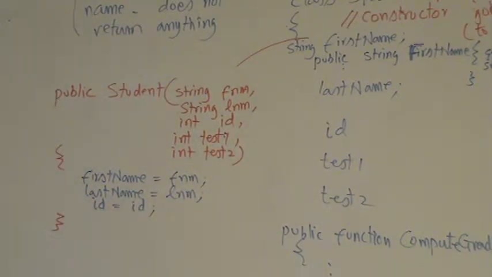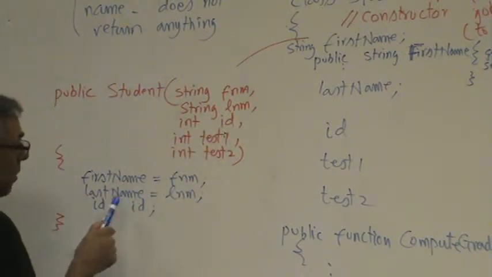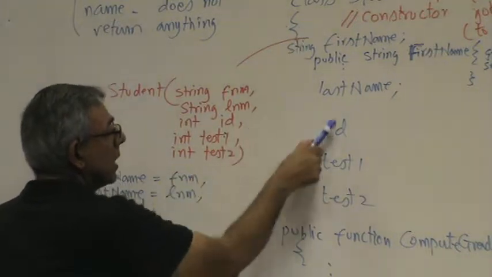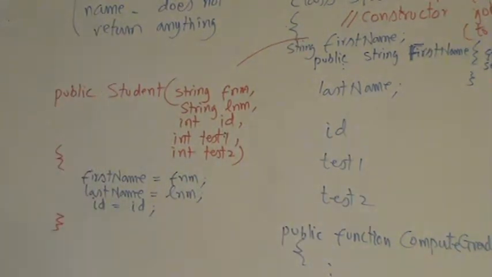So the one on the left is the one that is from the variables, and the ID on the right is the local ID that is passed. Right? Okay, so as you can see, still somebody may get confused, ID equal to ID, because one of these corresponds to this, one of these corresponds to the data inside the class, okay? So because there's a confusion, so often to clarify, we will say this dot ID